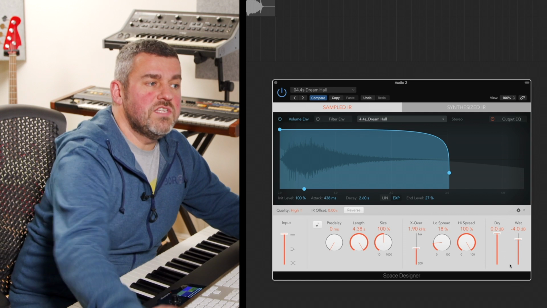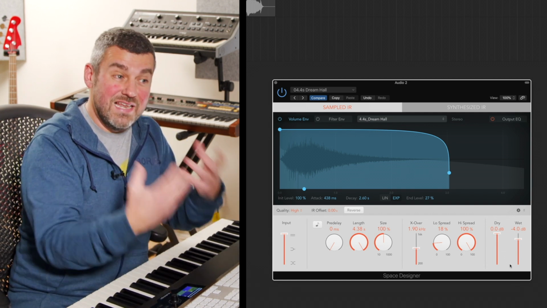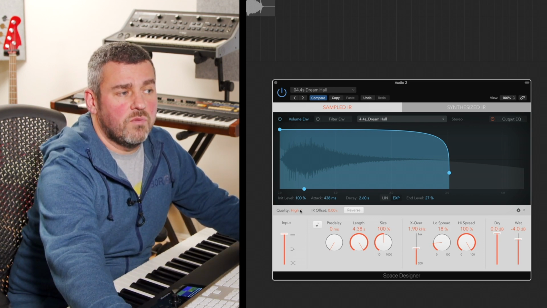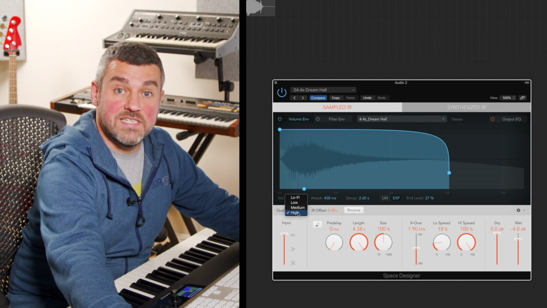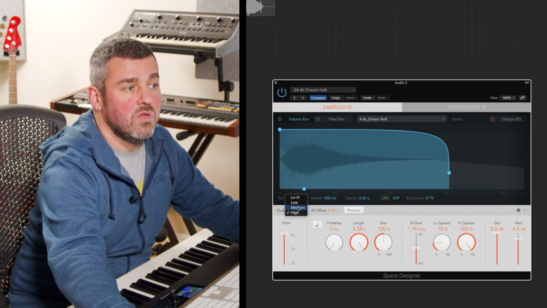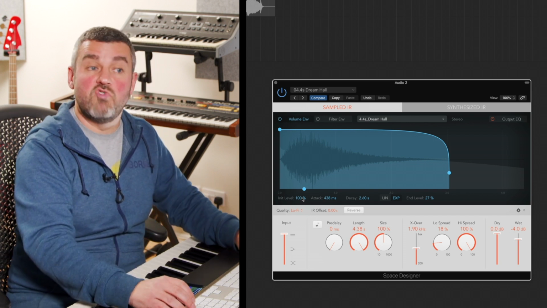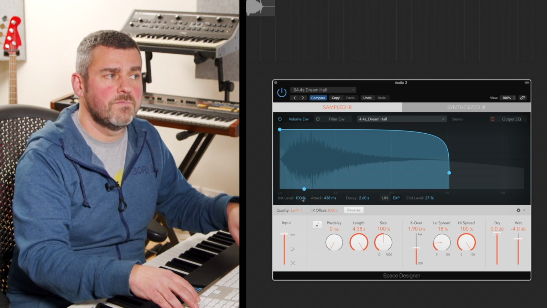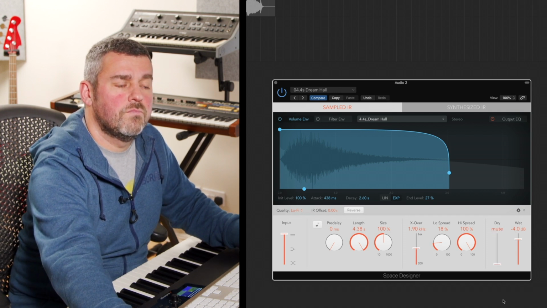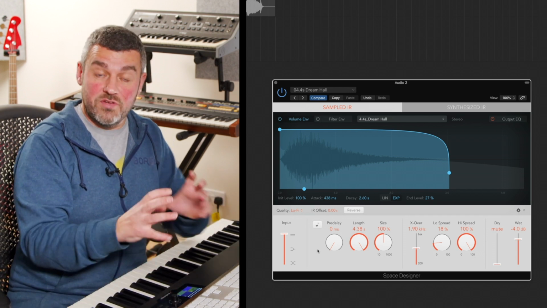Another nice thing that we can do is to change the quality of the way that this reverb behaves from a sonic point of view. We can deliberately lo-fi it if we want to. And up here in the top left-hand corner, we've got a little drop-down menu which allows us to go from high quality, where effectively we're hearing the highest caliber of audio imaginable. We can take that all the way down through two intermediate choices to lo-fi, where we'll end up with a much grainier response. So everything's just a little bit more crunchy,